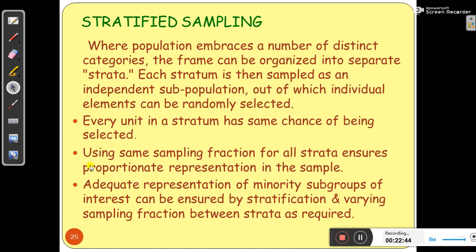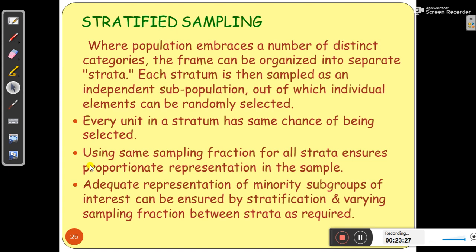So from every stratum we select elements or items independently, or you can say randomly. Every unit in a stratum has some chance of being selected. So within a stratum, every unit has the same chance of being selected, but for different strata it is less likely to be the same chance. Using the same sampling fraction for all strata ensures proportionate